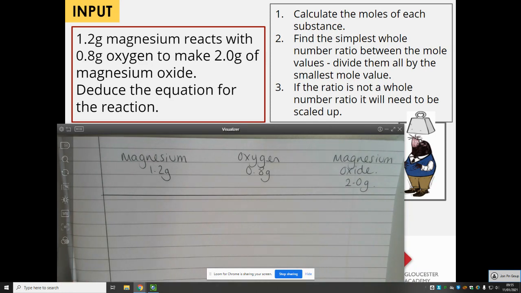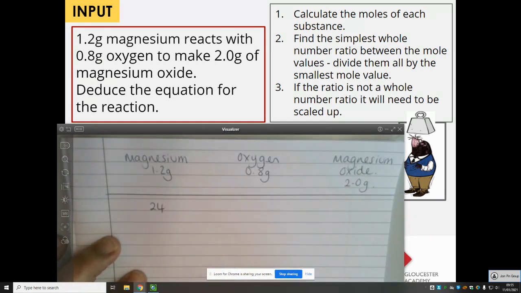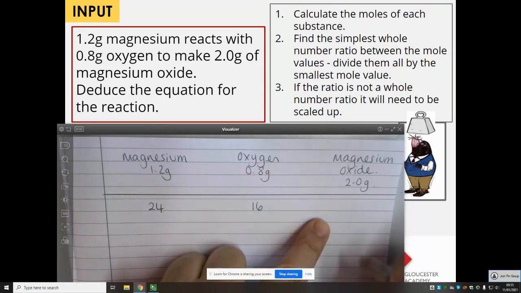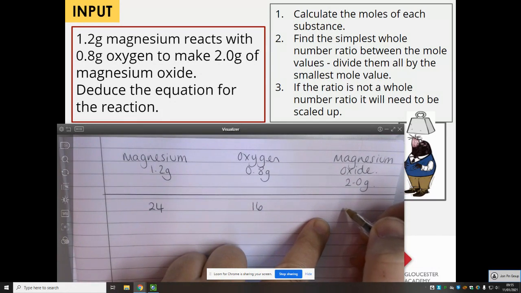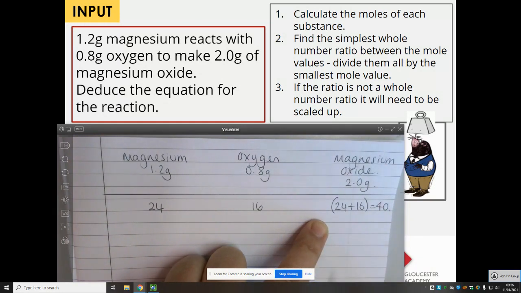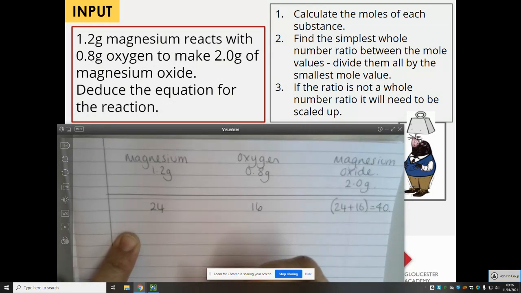Now I need to know what the atomic masses are for magnesium. So magnesium is 24. I get that from my periodic table. Oxygen, 16. And then magnesium oxide, well, I happen to know that magnesium oxide is MgO. So that will be 24 plus 16, 40. So using our equation of moles equals mass over Mr,